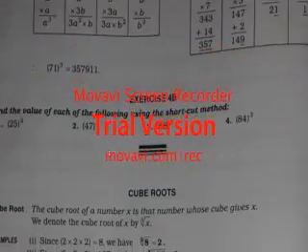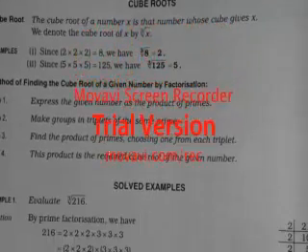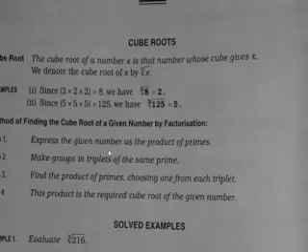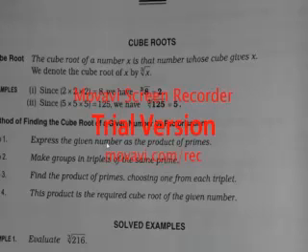Now before 4C there is cube roots. For finding cube roots, as I had said, what you have to do, you have to prime factorize the given number. After prime factorizing, out of 3 multiples you will be writing 3 identical multiples, you will be writing 1. You can see here also the steps has been explained.